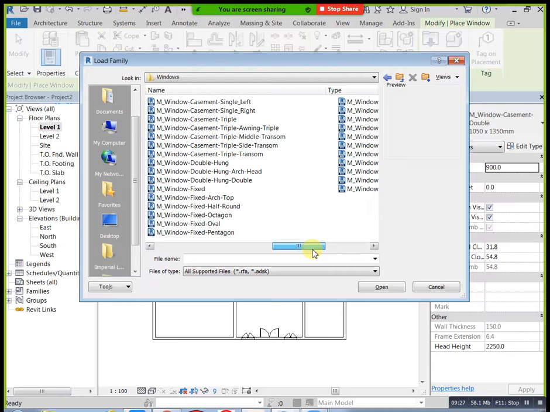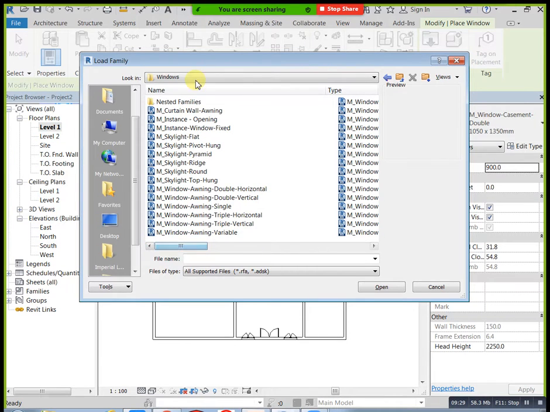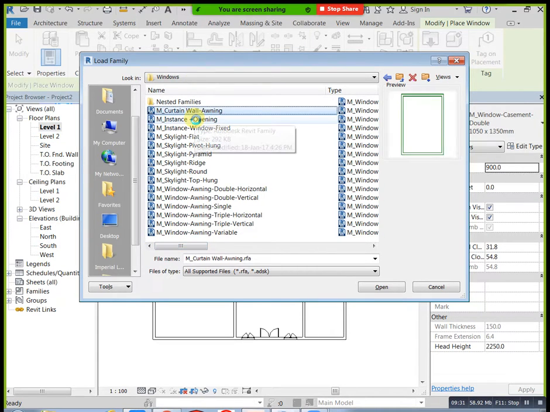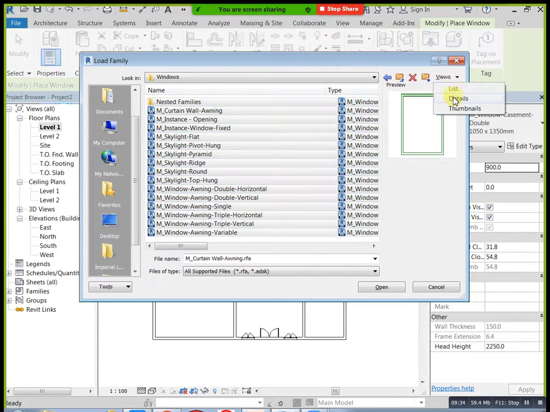If you need all, you can open, or otherwise if you need thumbnails, you can apply thumbnails. Which type of window you need? For example, I need this type of architectural windows.